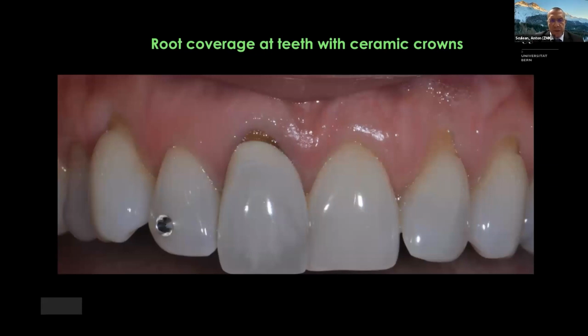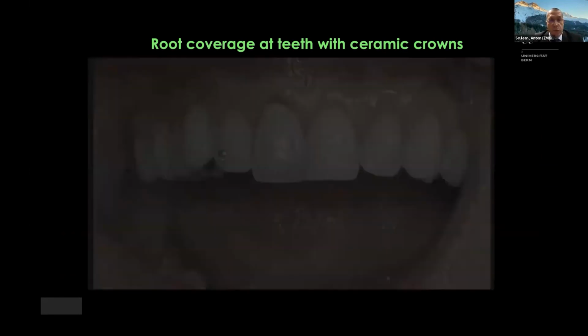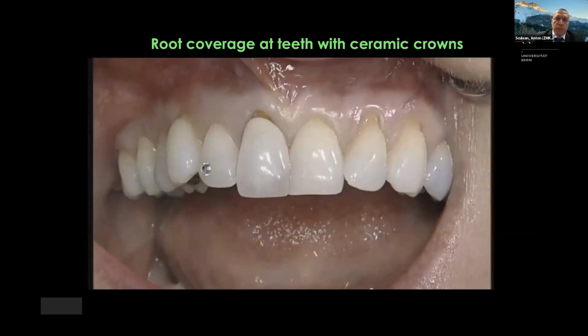Look at this particular case as well. Here again, we have a patient. I treated this patient more than 12 years ago. You see this problem in this central incisor. She has an aesthetic complication here. And in fact, she wanted to preserve the tooth because in this particular case,